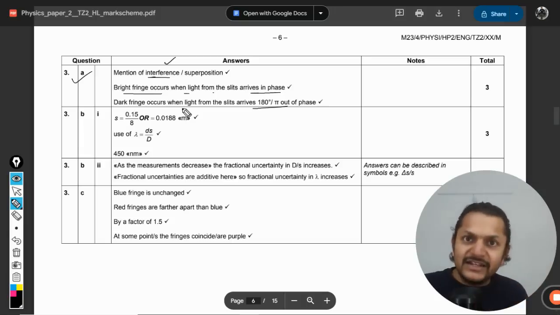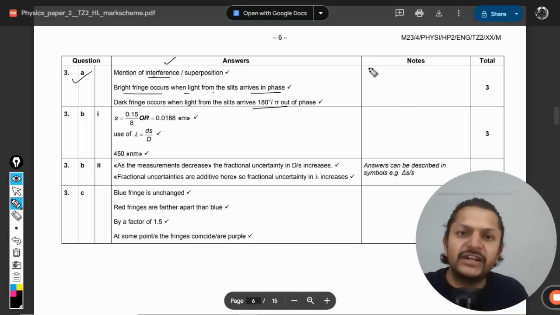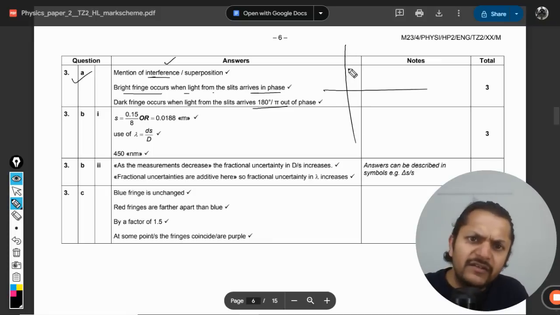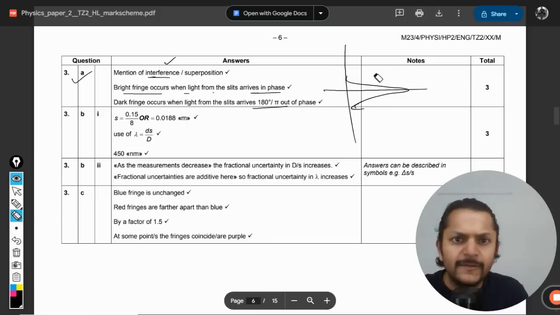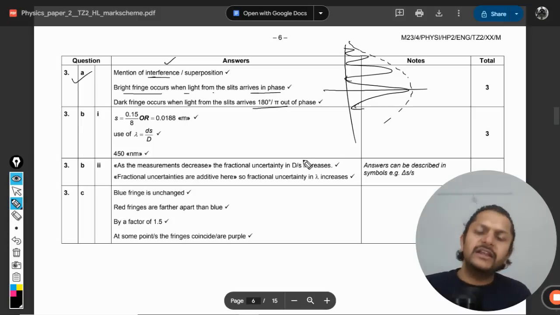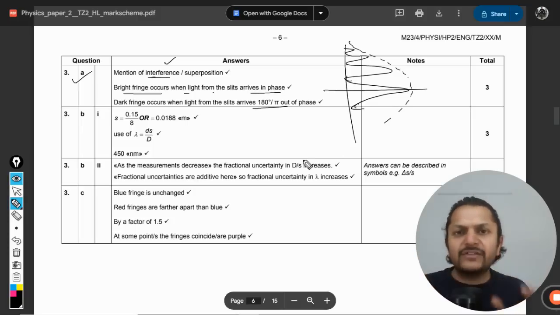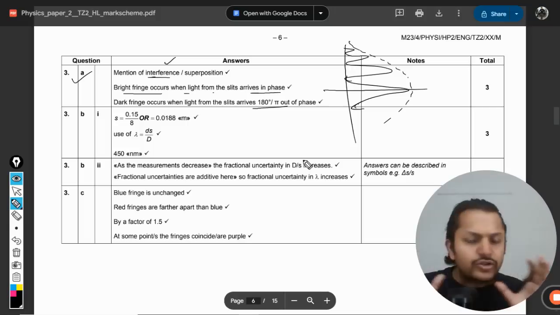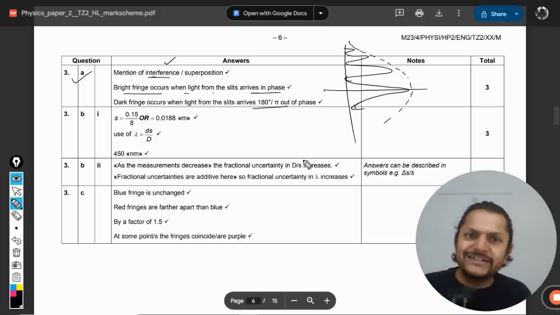but practically you cannot get rid of diffraction, and every time the pattern will look like this: this is the central fringe, and then the intensity will be lesser. So it will always be like this. In interference it will be like this, and this is the diffraction pattern. Clear? So this kind of pattern is more practical, but